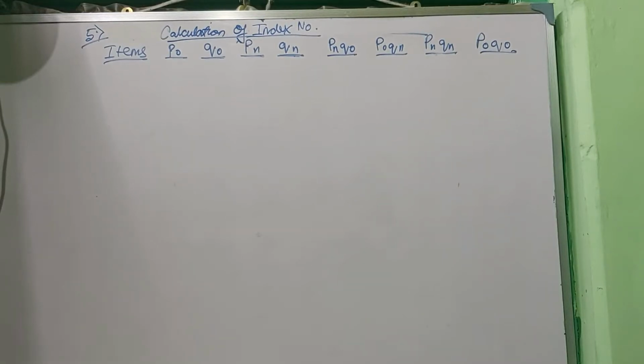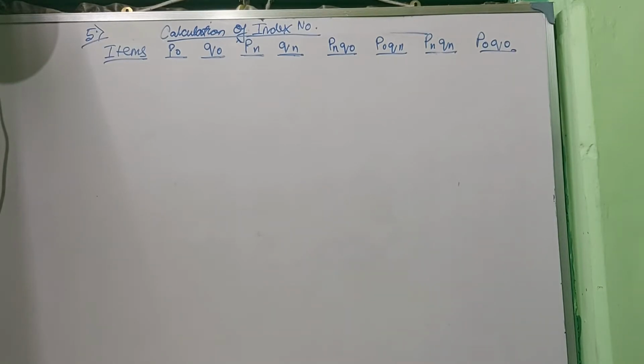Welcome again, class. This is the fifth class, and we are doing the sum which I gave in my fourth class homework, sum number 4, index number. I completed sum number 4 as your classwork, and I gave you sum number 5 as your homework. In that sum, you were asked to calculate all the formulas under one head: Laspeyres, Paasche, Edgeworth-Marshall, as well as Fisher's price index. First of all, I will do this sum, then I will move on to the next part of my discussion.